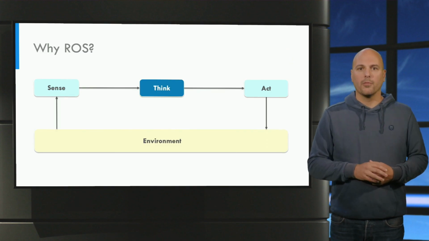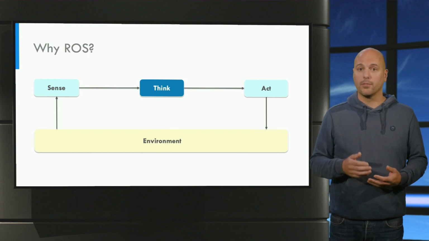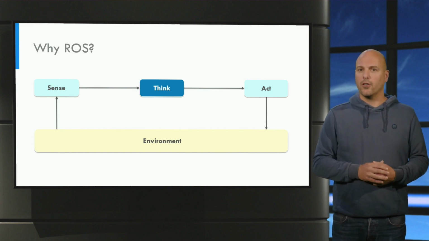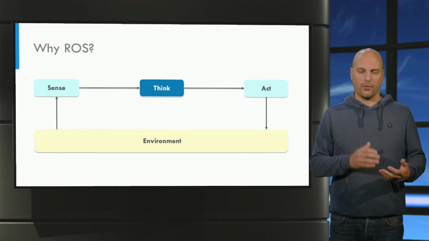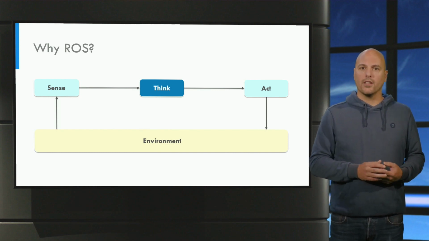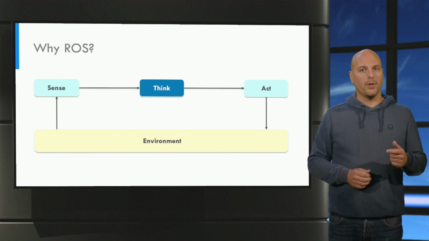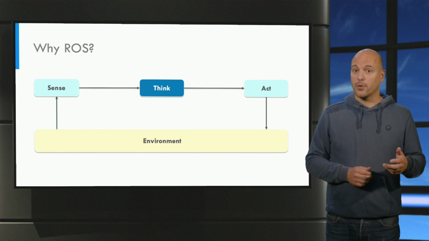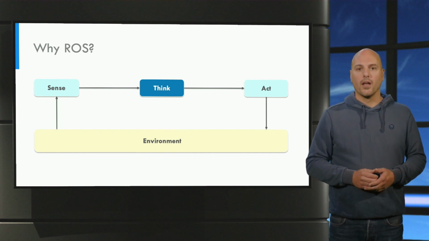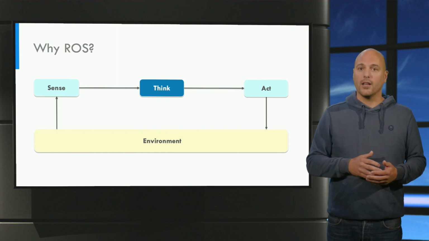Imagine you want to program your robot. You will probably pick a programming language like C++, Python or Java and start coding by trying to get sensor data and controlling the actuators. One problem you might run into is that the thinking step might take too long. The sensor data might already be updated with really important changes in the environment. But since your program is still processing the old data, it might react too late.